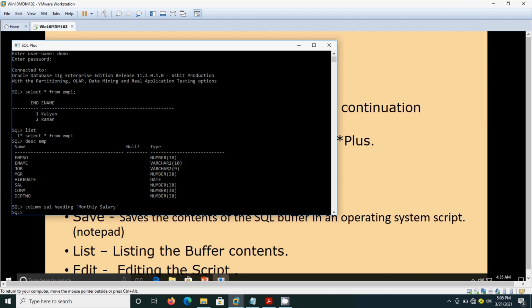I have not given any semicolon, I just entered the return. That means I just pressed the enter. That's column sal heading monthly salary.